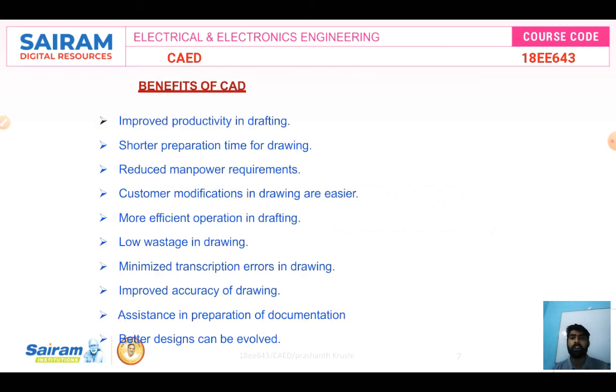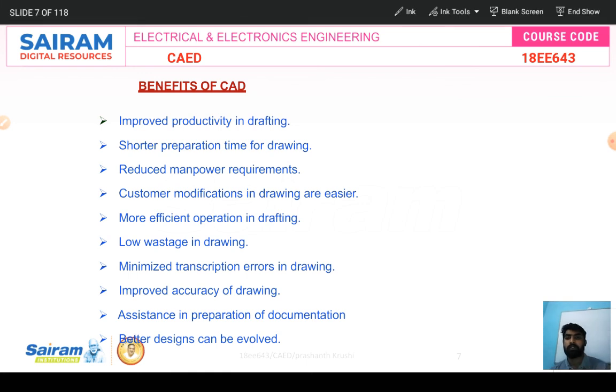And benefits of CAD. Productivity in drafting will be increasing. Instead of doing a rough sketch or using any other software, CAD is very easy and also accurate. If you want to do it using Paint on the computer, you may make mistakes, but here you cannot make mistakes because all the data will be available.